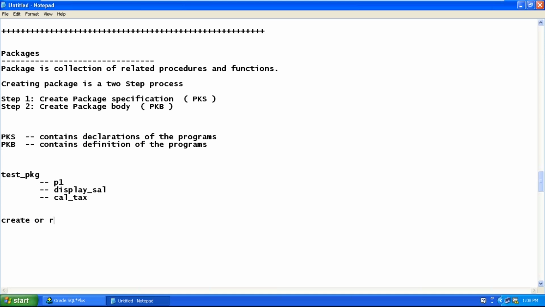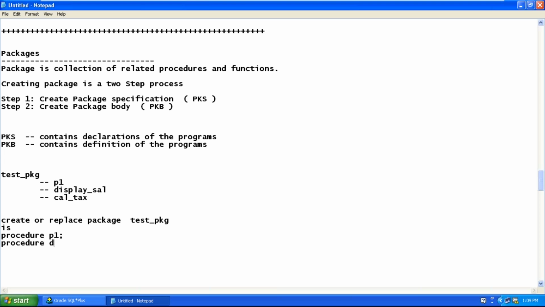Create or replace package. What is the name of the package, Jamal? We are planning to create. The name of the package is test underscore pkg. Just declare. What do you want to include in your package? You want to include procedure P1. Second, what you want to include?